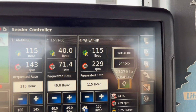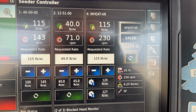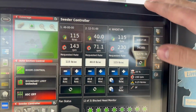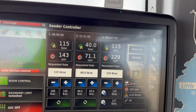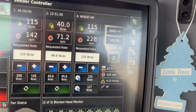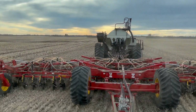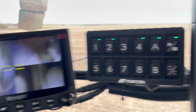So wheat here in tank 4 says I have an hour and a half till I'm empty. It's probably about right. And also our phosphate in tank 2 and the nitrogen 46 urea in tank 1. So tanks are on, shafts are turning, our blockage monitor is good. Should be good. You can either go by this, looking at your timer until you're empty, or we have cameras